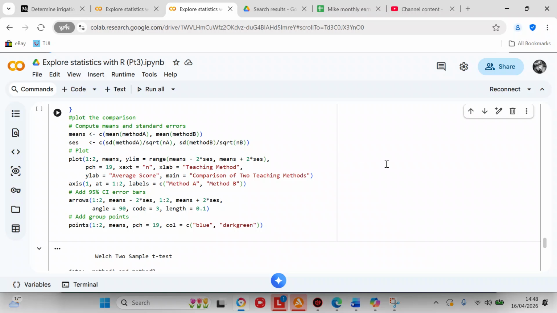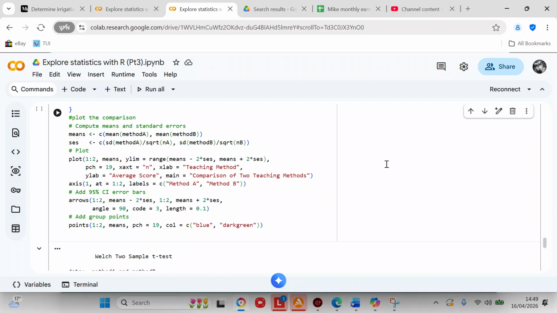So it's the means minus the errors to the means plus the errors. pch = 19, xaxt = "n", xlab is your label on your x-axis, which is teaching method, ylab is the average score, and main is your title, comparison of two teaching methods. axis(1, at = 1:2, labels = a vector you're creating, c("Method A", "Method B")),